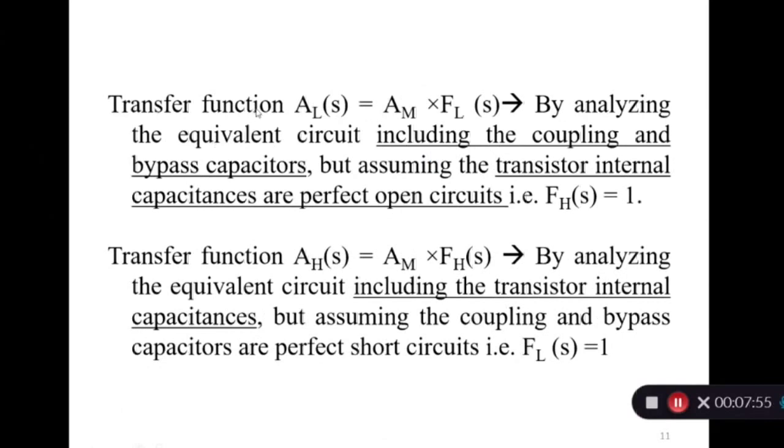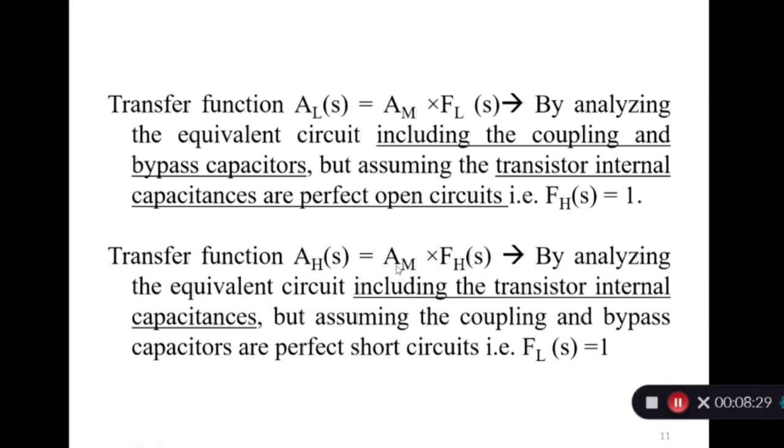The transfer function AL(s) means it is the transfer function at the low frequency. AL is AM, the mid-band gain, multiplied by the low-frequency gain in the s domain, obtained by analyzing the equivalent circuit, including the coupling and bypass capacitors, but assuming the transistor internal capacitances are perfect open circuits. And the opposite of this one, AH,